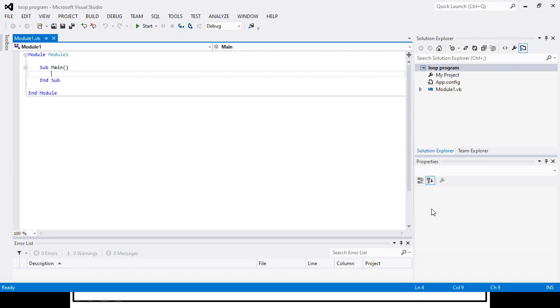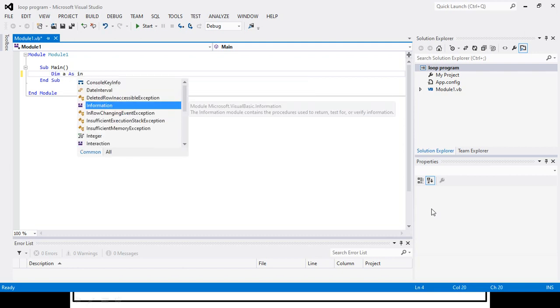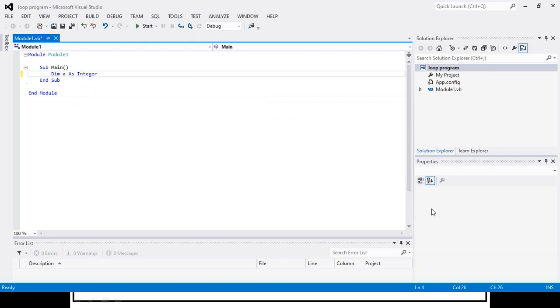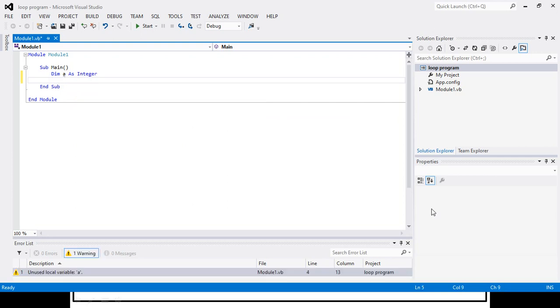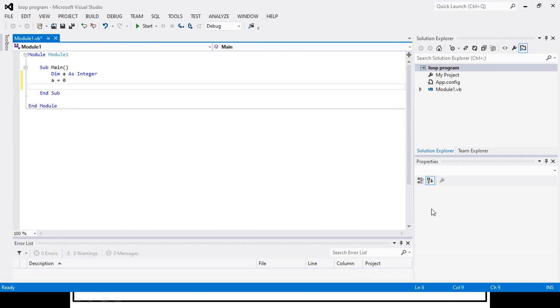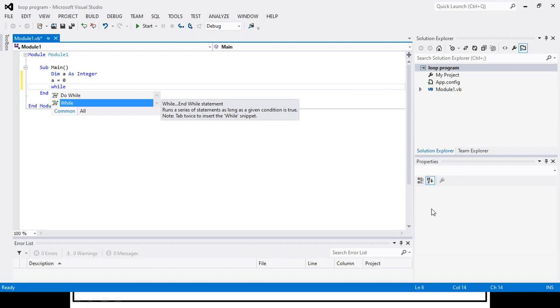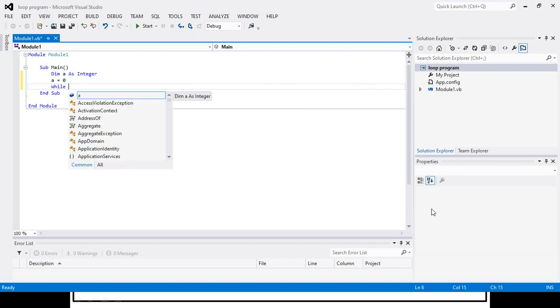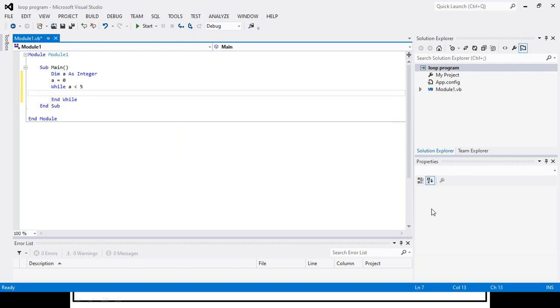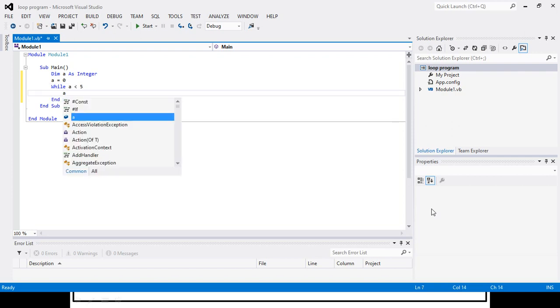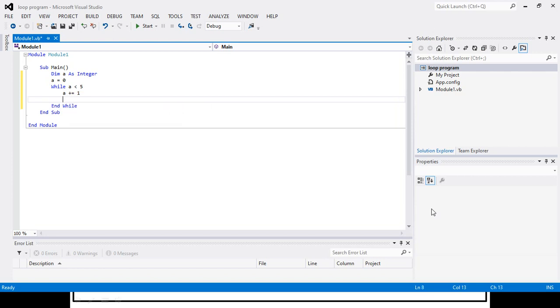First, using while loop. For displaying numbers, I will need to declare one variable, dim a as integer, so that it will work as a counter, and initially I will assign the value of a as 0, and after that I will use while, and here I will specify the condition a is less than 5. In that I will write a plus equal to 1.